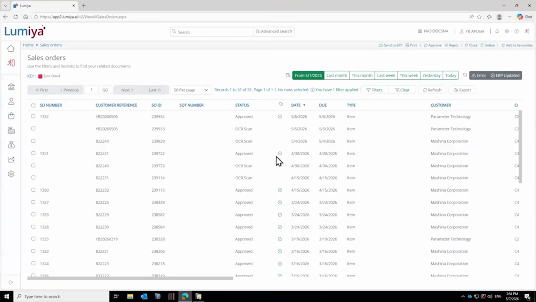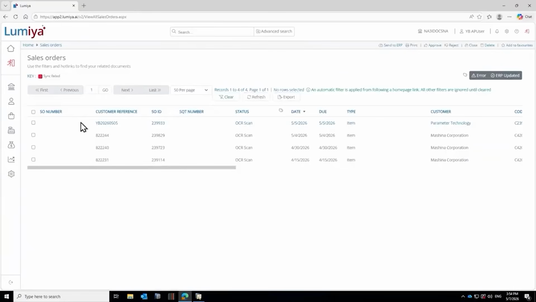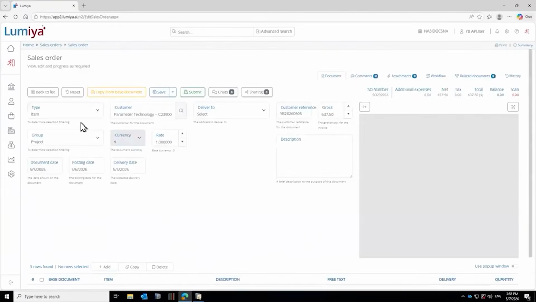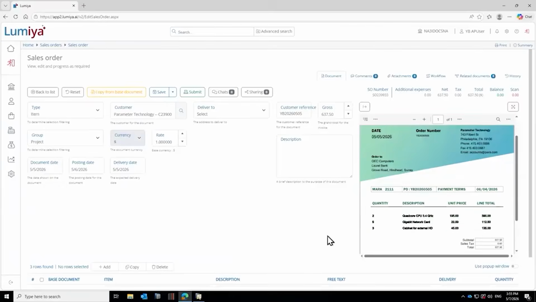I do have another order to show you. So if I go back just for kicks on my home and focus back on the sales order scan, this second one down here, let's view something in here. I just want to show you what the possibilities are, giving you another example of what comes to me as a user and what I can do with this. Say, for example, that this order right now is for a value of X. So it's for